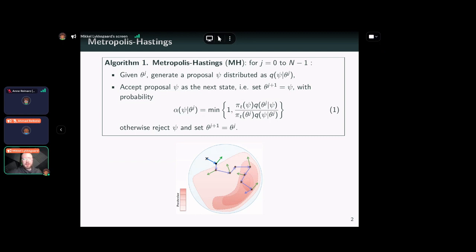First, for those of you who haven't seen this before, but you probably have, this is the Metropolis-Hastings algorithm. That's a way to draw Monte Carlo samples from a Bayesian posterior distribution. That means you have a prior distribution, and then you condition it on some data, and then you can get samples from that conditioned posterior distribution. It's a sequential algorithm, so it's quite expensive for some technical reasons that I don't want to go too much into here. Therefore, a lot of effort is being used on making this more efficient.